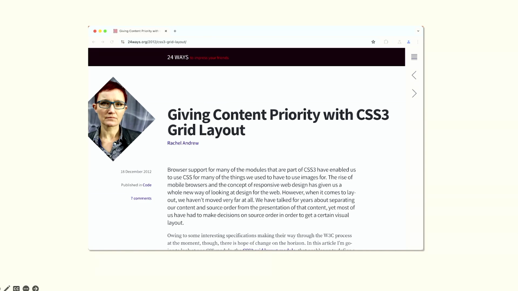I was really excited about Grid because my background is really as a content management system developer. And so at the time, I had a CMS. That was my product. And I was really excited about this ability to perhaps let people in the CMS say, not make layouts, but just to say this content should have priority. And then be able to use CSS to actually give it priority in whatever way made sense for the presentation of the content.